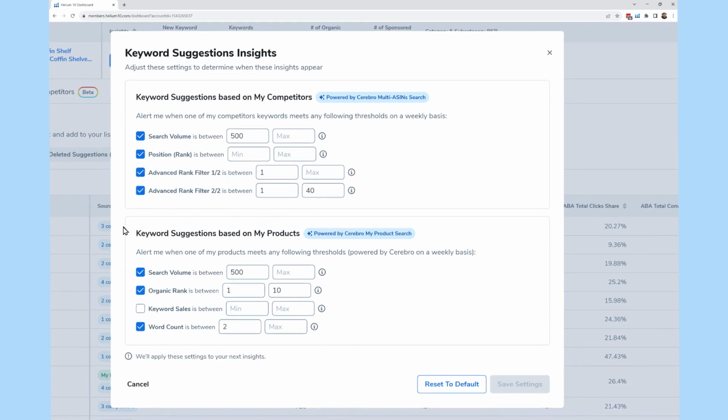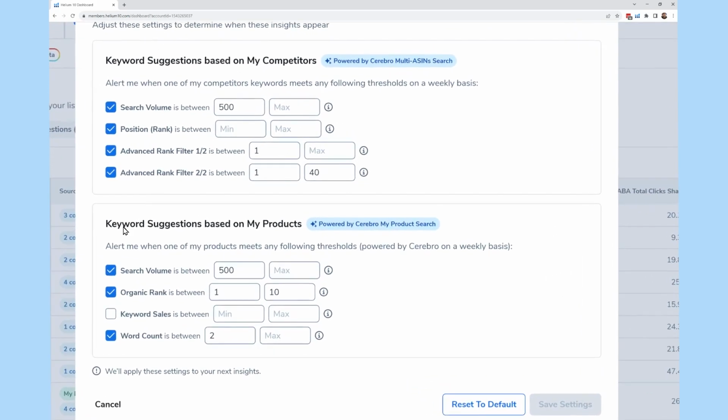So you can, for example, put it's going to check once a week. You could say you want the search volume to be at least 500, or maybe you want to, for whatever reason, put a max search volume. Like I don't know why somebody would want to do that, but hey, there might be somebody out there who wants to do that. And if you can, you will go ahead and put a max. Where the position rank. There's something wrong here. We're going to change that. This is supposed to be the